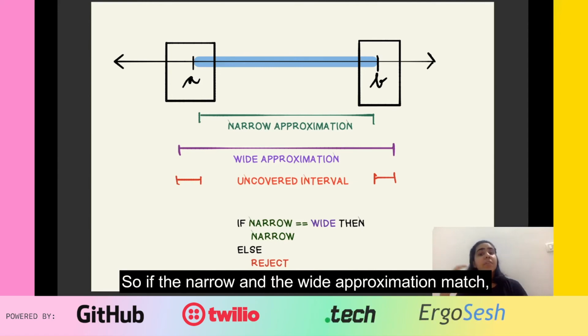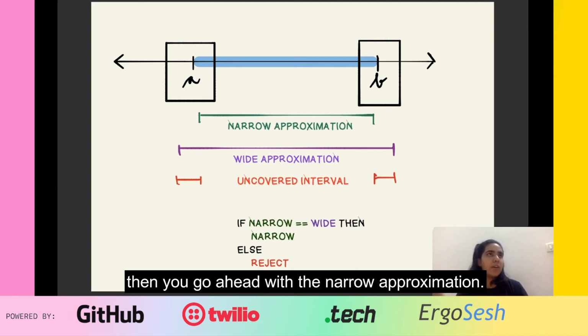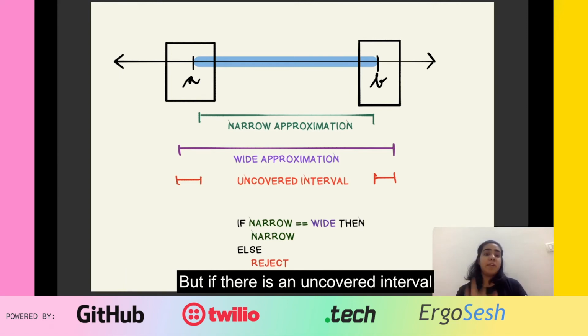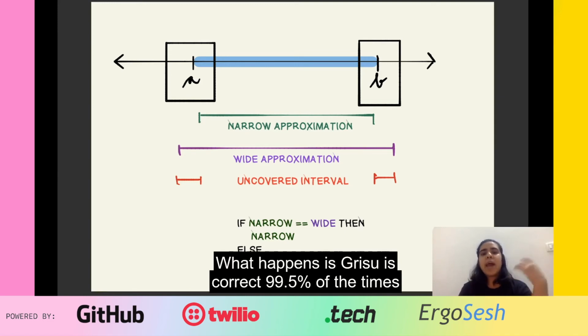If the narrow and the wide approximation match, and you find the shortest number within this narrow approximation, then you go ahead with the narrow approximation. But if there's an uncovered interval that is found in this, then you reject this,